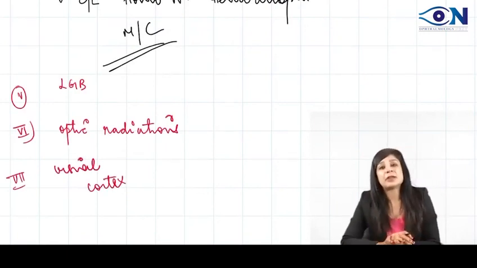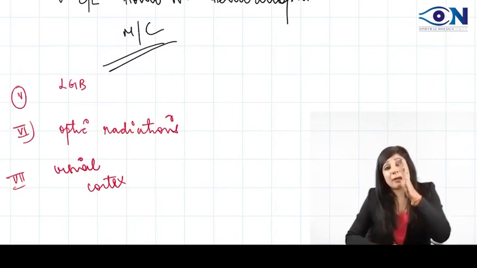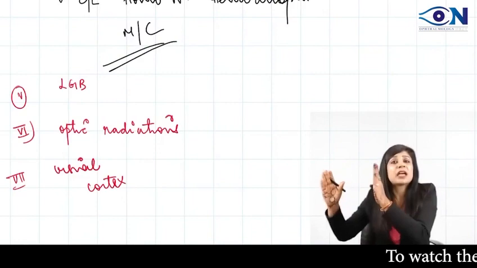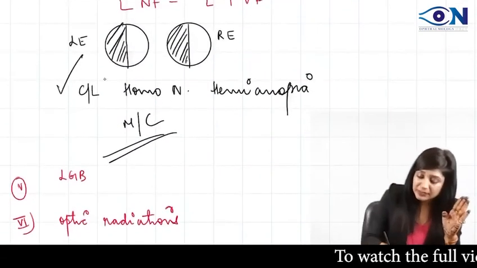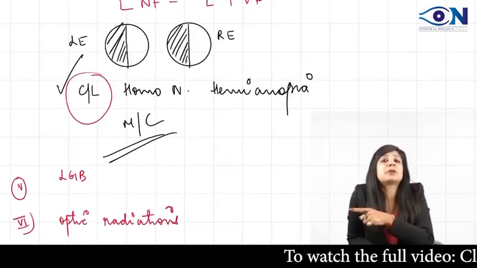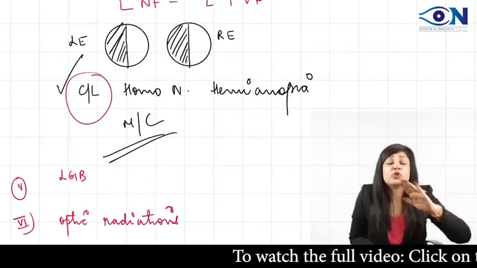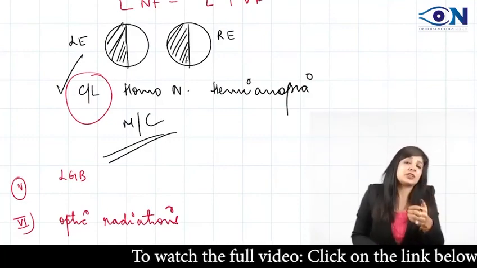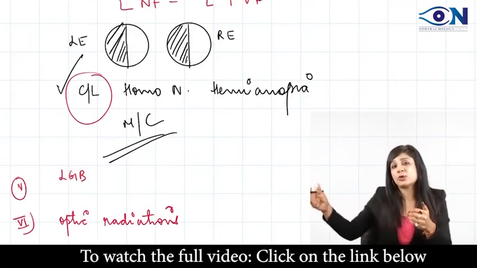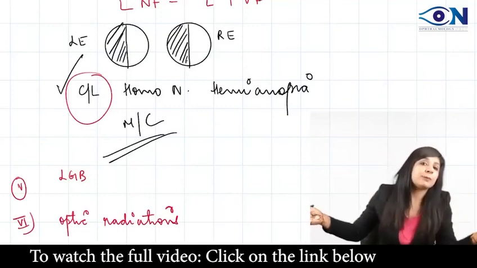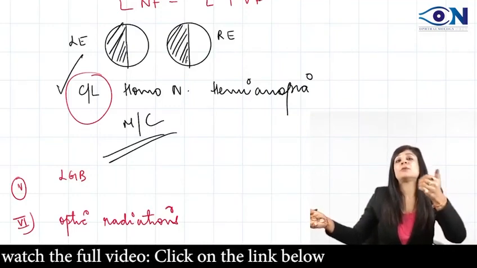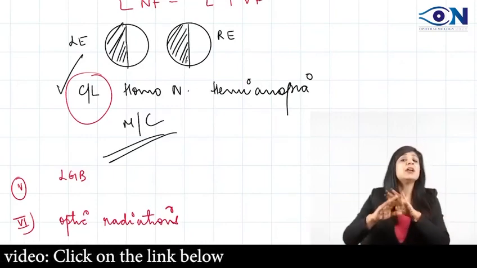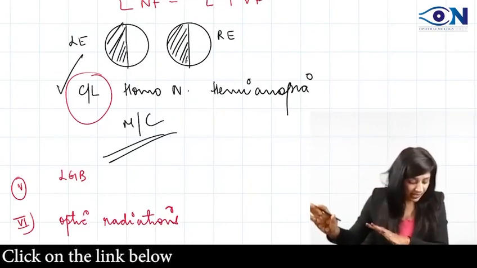Contralateral homonymous hemianopia. If I say a female comes with the right side of both eyes getting blind, it means it is right homonymous hemianopia. Right homonymous means we get contralateral homonymous hemianopia, so the defect will be on the left. You don't have to actually draw it in the exam. Just from the question itself you can see, if I am getting right sided homonymous hemianopia, the defect is in the left optic tract, and if I am getting left homonymous hemianopia, the defect is in the right optic tract. So there is no need to draw; just go with the word and you will get the answer.